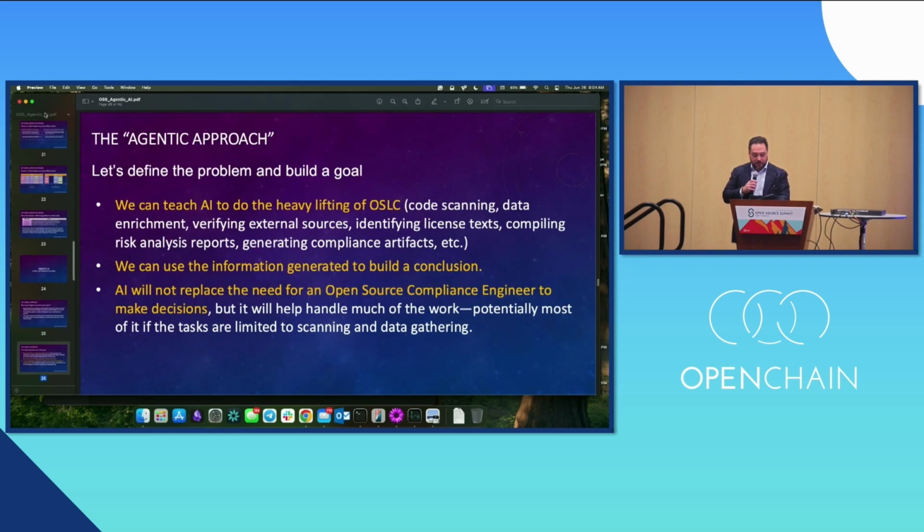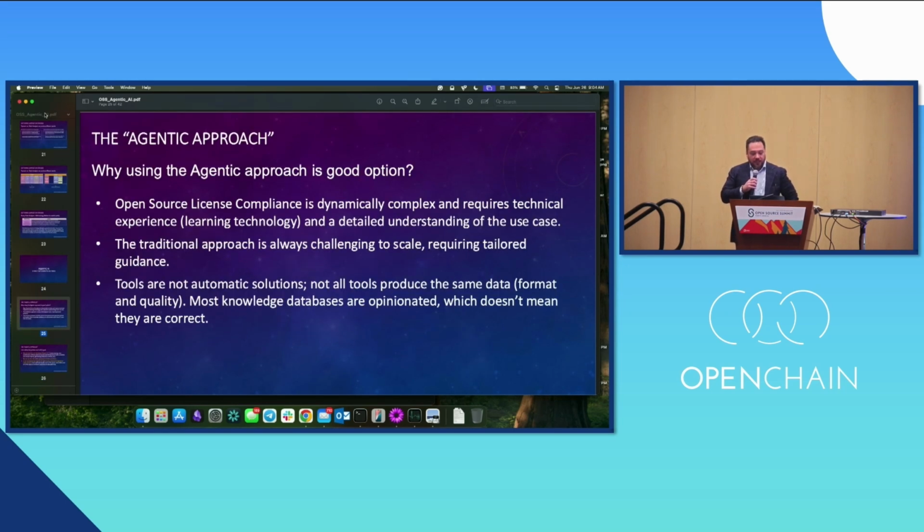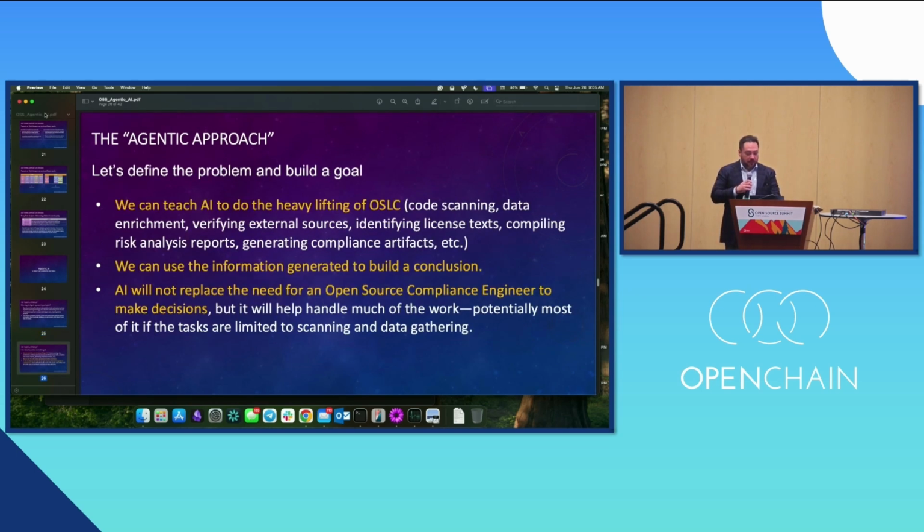In this case, for example, the question is: is agentic a good option, right? And we need to understand the open source license compliance is dynamic. That's the reason why we need some help that can help us to scale and understand better. An agent will not understand the context, will not resolve it, but it's going to help you to create the data. It's going to help you to investigate more, expand and augment your capability to understand the nuances.